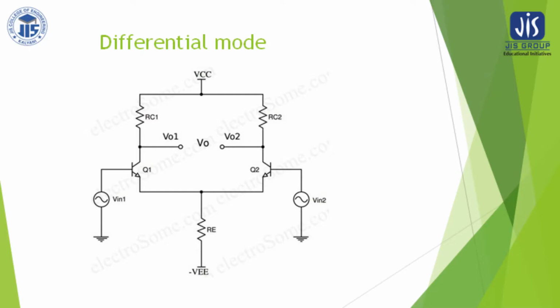So first we will discuss the differential mode operation. In the differential amplifier, what we have done is applied V1 equal to V by 2. So this is our V1 which is equal to V by 2 and this is our V2. We already have seen that one input is the inverted version of the other input. So here this is your transistor 1 and this is your transistor 2.